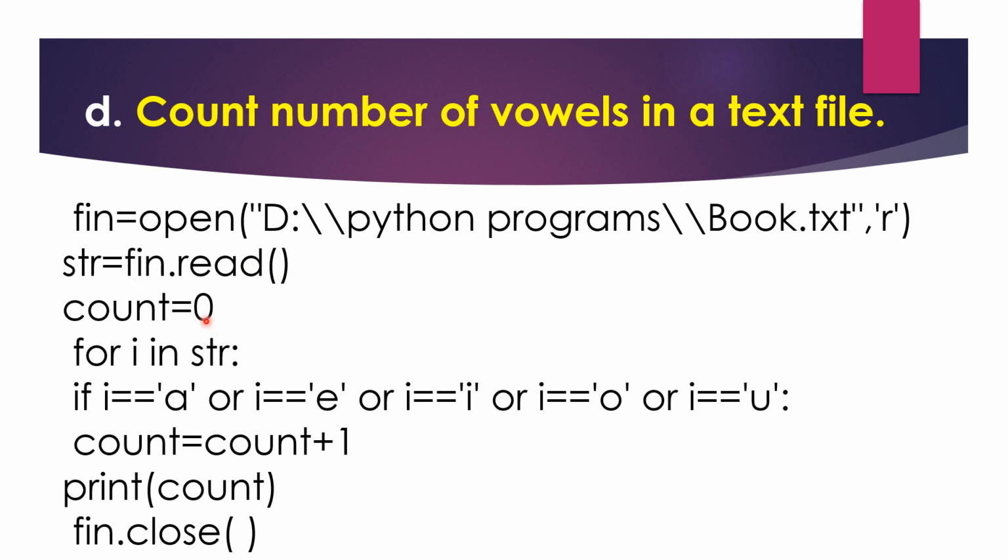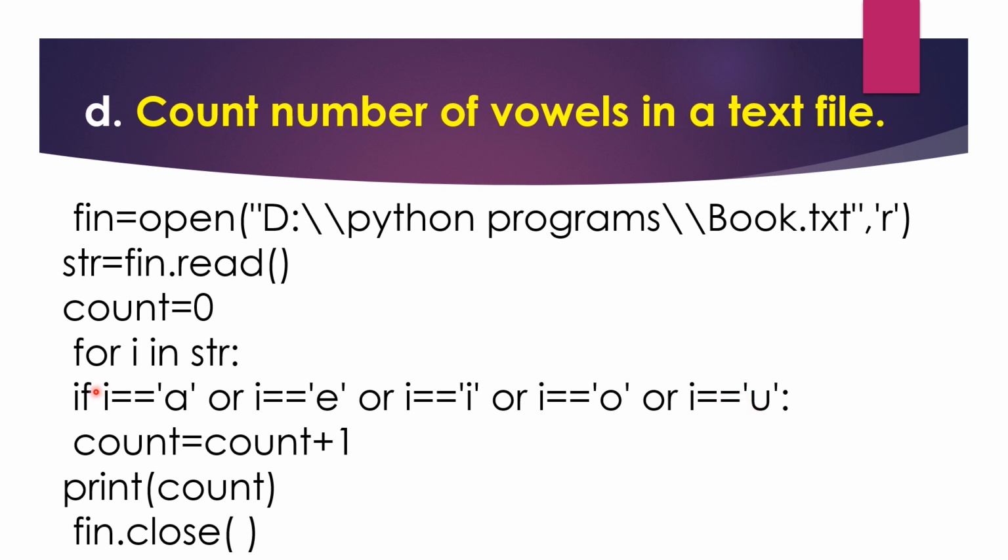Here we have initially assigned the value of count as 0. Here we will run the loop. First the value of str will be stored as C. For example, I am taking this sentence. So the value of i will change to str, that is C. It will match against this. Since it is not equal to A, it will move to this, then this, then this, then this.